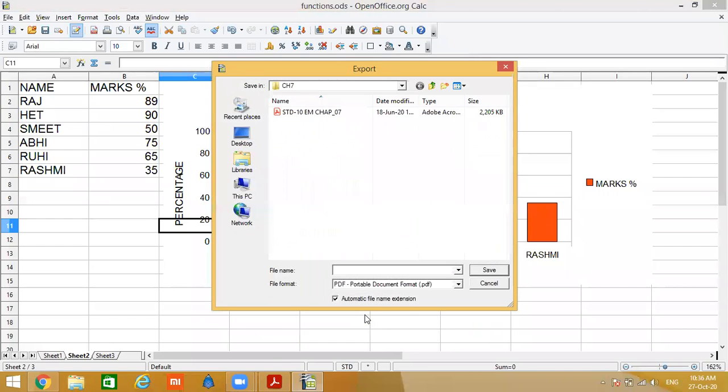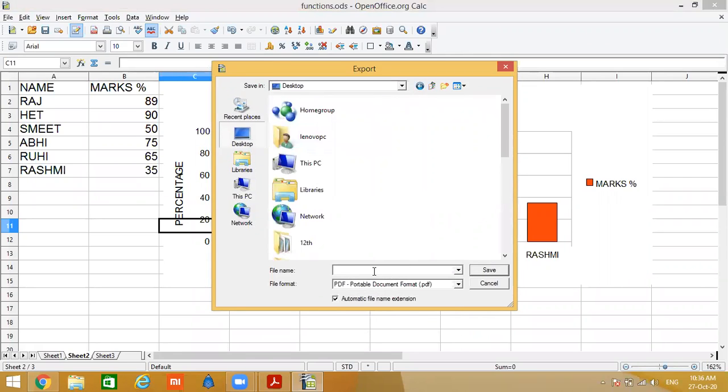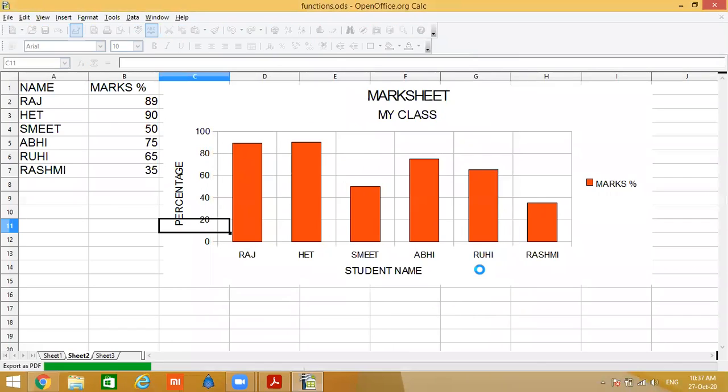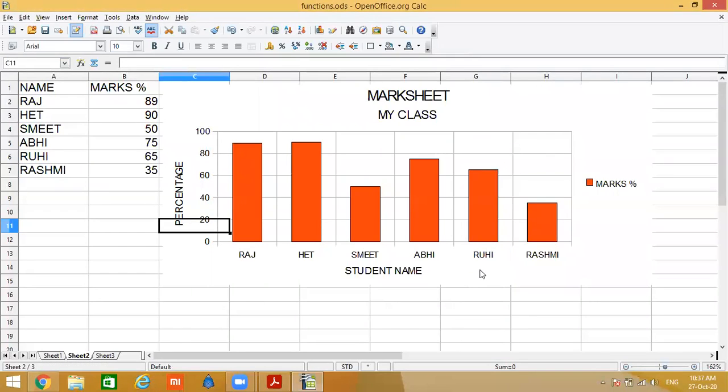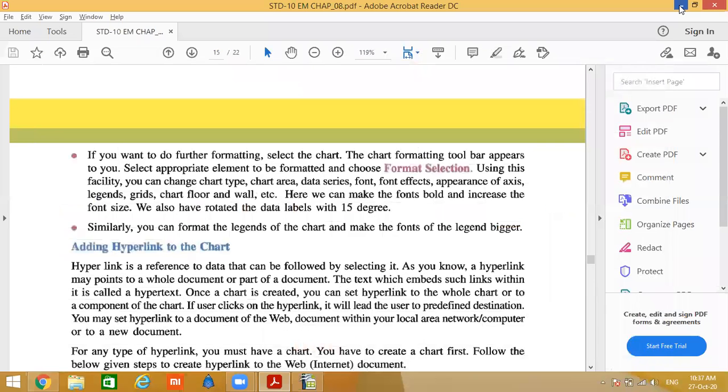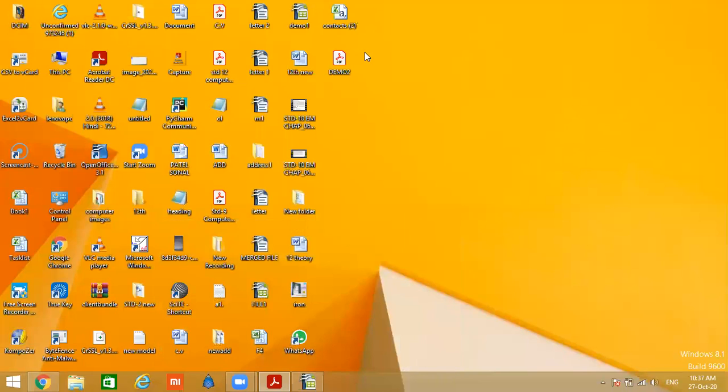Export. What is our file name? Demo 2. See, PDF will come automatically. Save. See, this is our Demo 2.